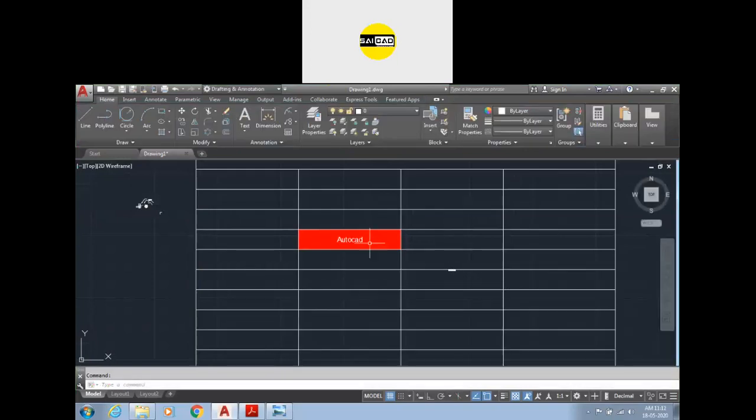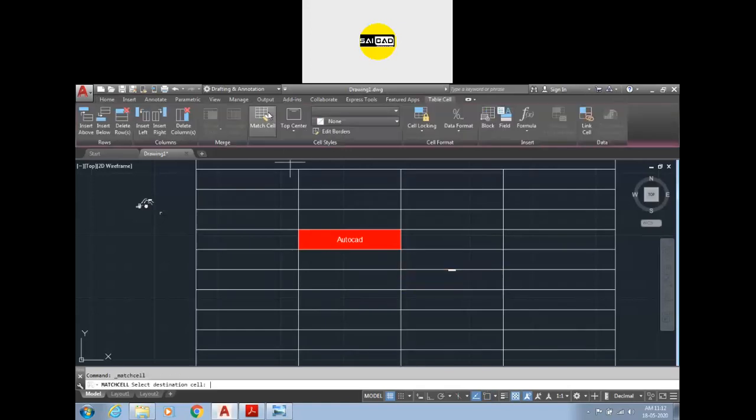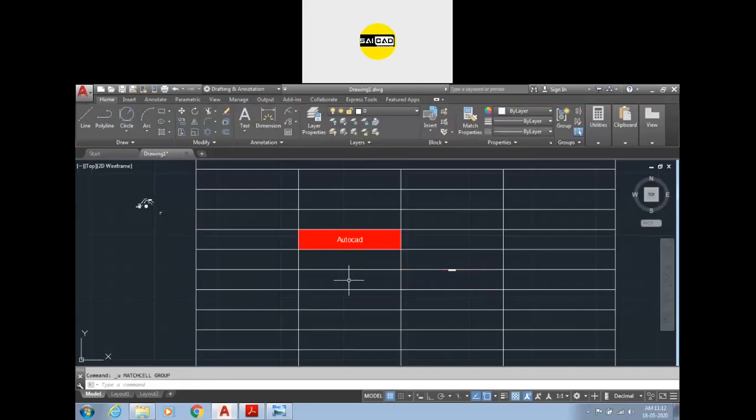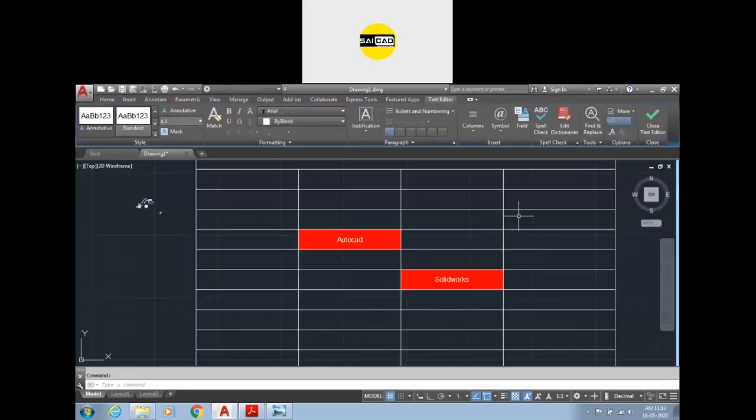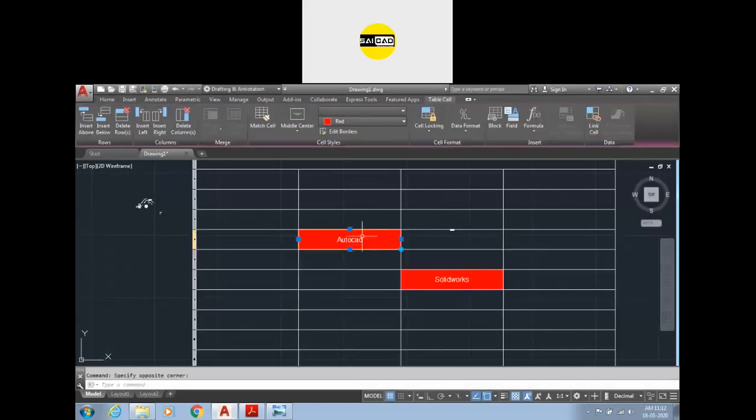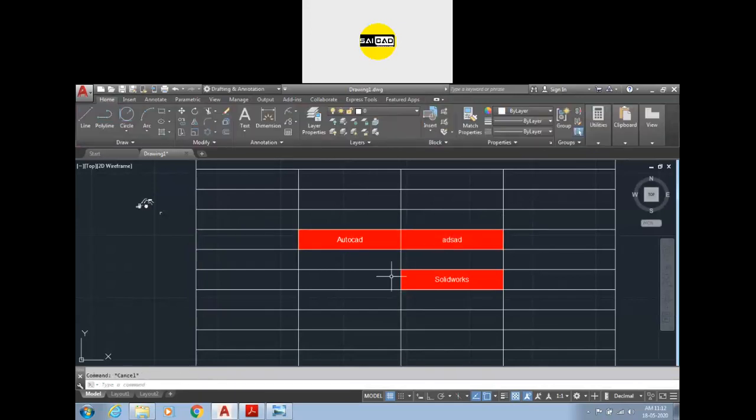So if you want to apply these properties up here, you can just select the object, match cell, and, sorry, I have done the opposite. Select the cell, match cell, and click on the destination. You can apply the property of this cell onto the other cell also. If you type anything, just select the cell whose property you want to match. So select the match cell and select the destination, and you can create the match cell type.